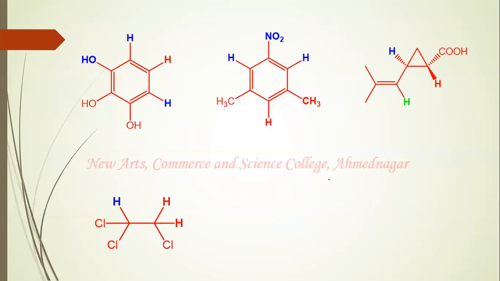Now let us consider these. What will be the name for this? If you look at this, these two blue protons are chemically identical. Now let us check whether they are magnetically identical. I am talking about these blue protons. These two are chemically identical. Their chemical surrounding is the same, no doubt. But magnetic surrounding, yes, their magnetic surrounding is also the same.